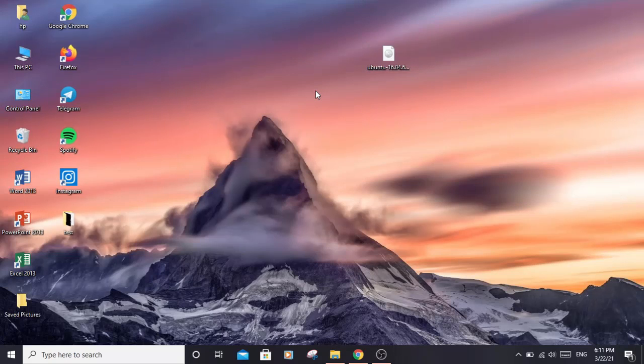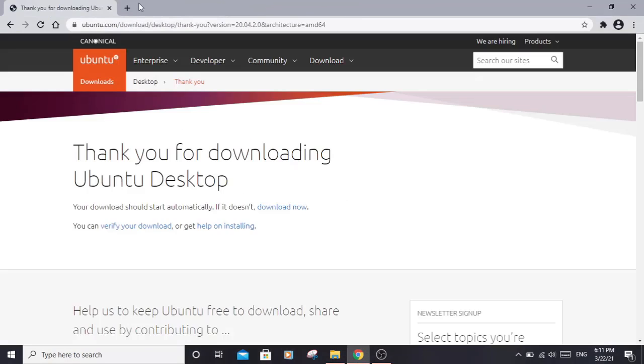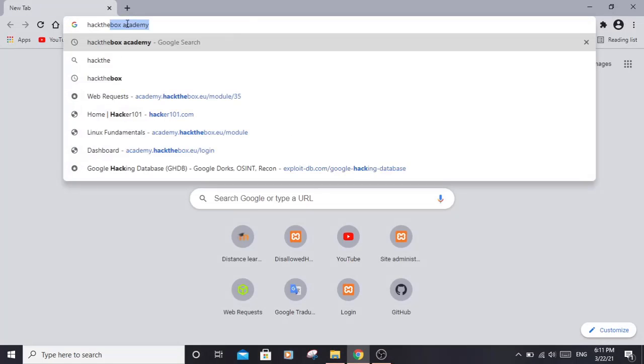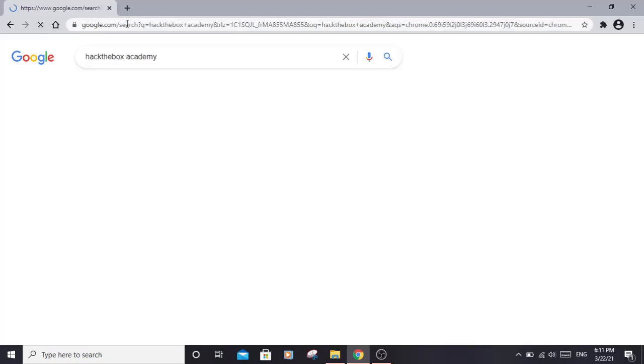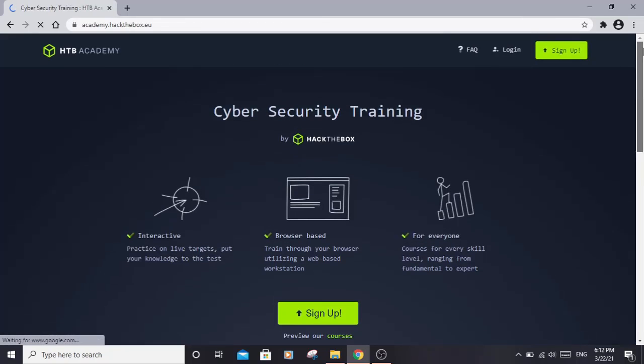Now, moving to the fourth option, which is the easiest option. You will have access to a Linux machine running ParrotOS distribution on the cloud for free in less than 5 minutes. So let's do it. All you need to do, let me close all these tabs, is go to the following URL. Type in HackTheBox Academy. Okay, you want to click on the first link and